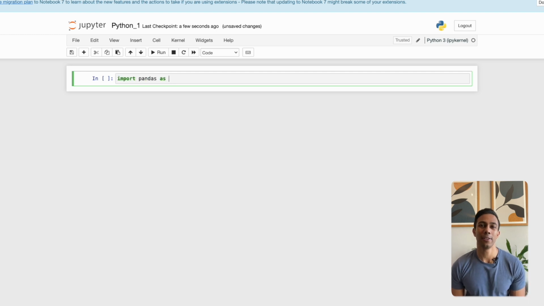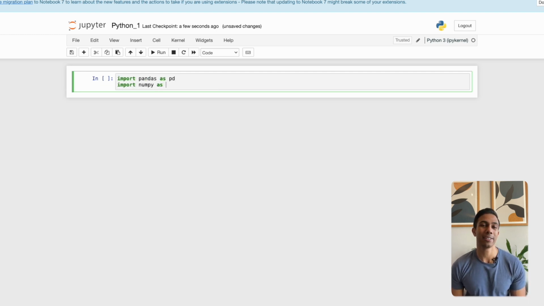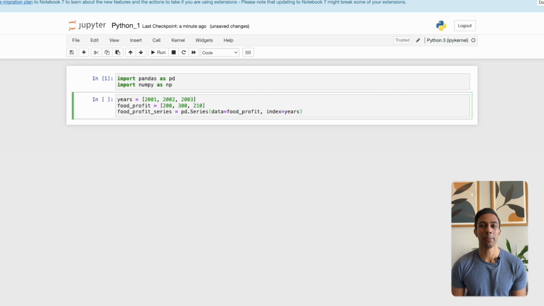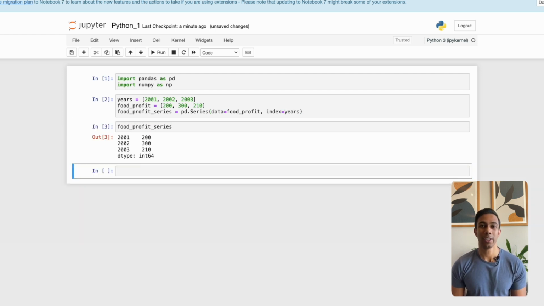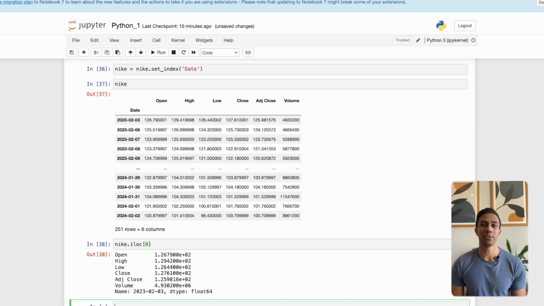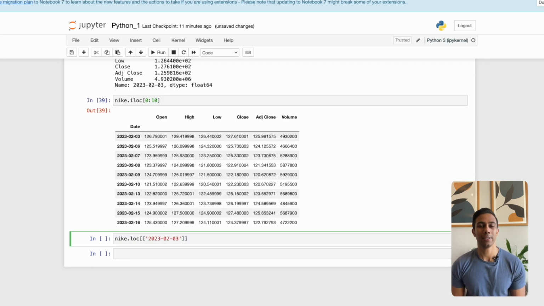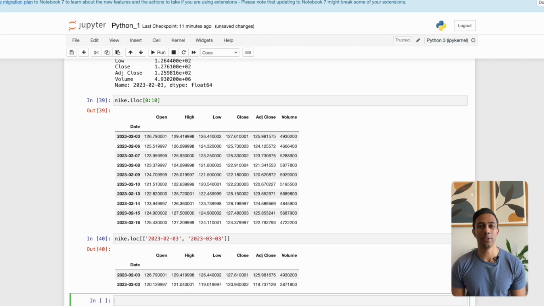In this video, we're going to take a look at some of the fundamental methods and data structures that you can expect to use with the Pandas library. We're first going to take a look at the series data structure, and then we're going to dive into the data frame structure that is available with Pandas, and this includes selecting different rows, columns, transforming your data, and also